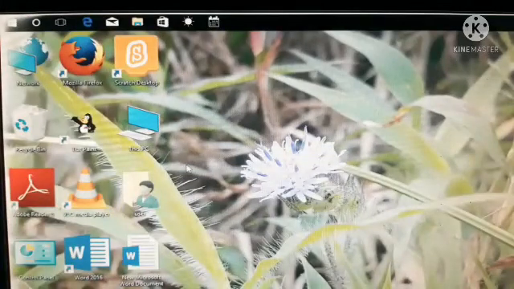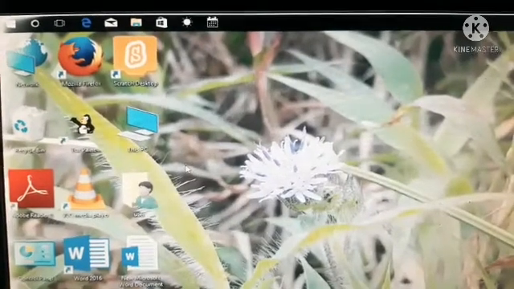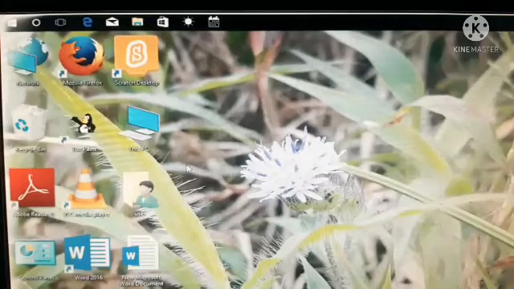When you switch on your computer, after the login, you can see the screen that is the desktop. So what is wallpaper? The background image that you can see in the desktop. This is the background image you can see at the back in the desktop. The background image that you can see in the desktop is called wallpaper.